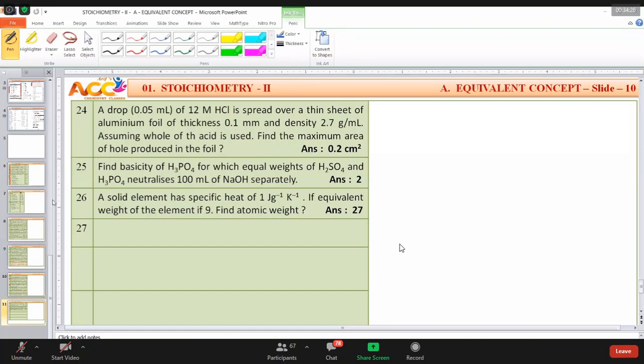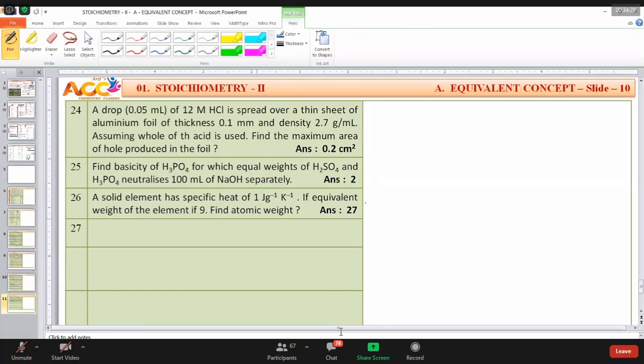Question 26 has a new concept. We have already learned it in our notes and written it down. Today, let us try to apply it. How to proceed? When we were writing notes, we wrote one typical rule, Dulong and Petit's rule. If you are able to recall it, it's okay. Otherwise, I'll write it once again.